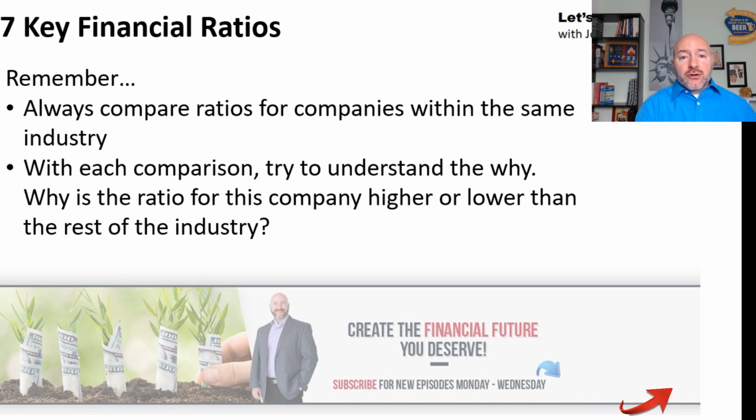Maybe it's higher growth, higher earnings growth. Maybe they've got a distinct competitive advantage over this other company in their market that makes their cash flows more predictable, makes it a safer and stronger company. So you really have to, when you're looking at these financial ratios,